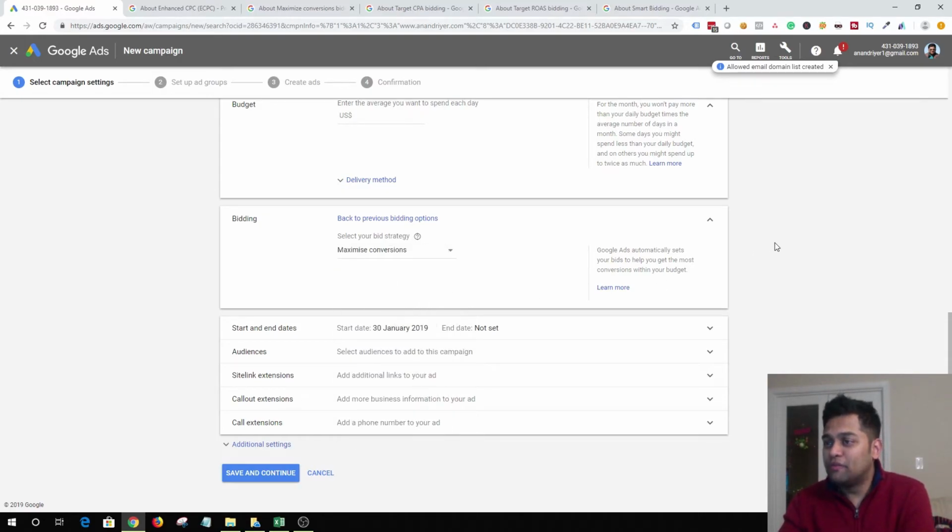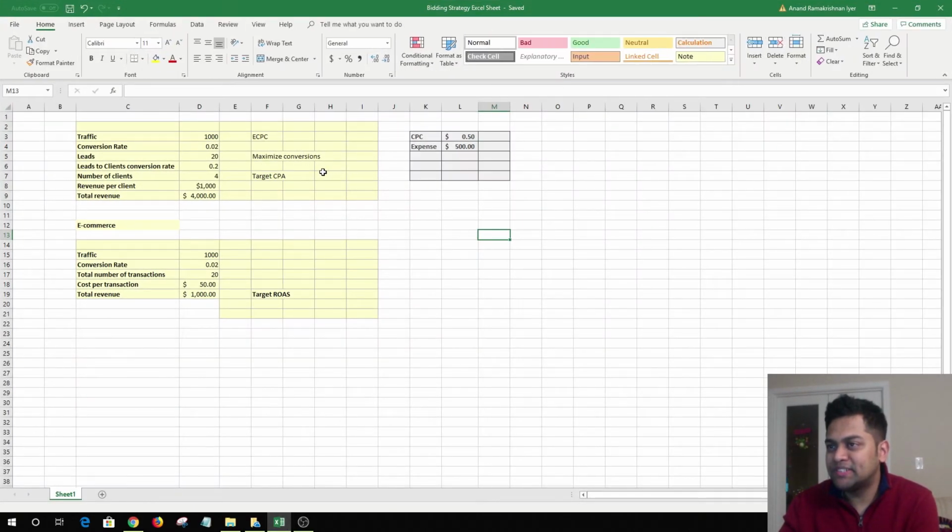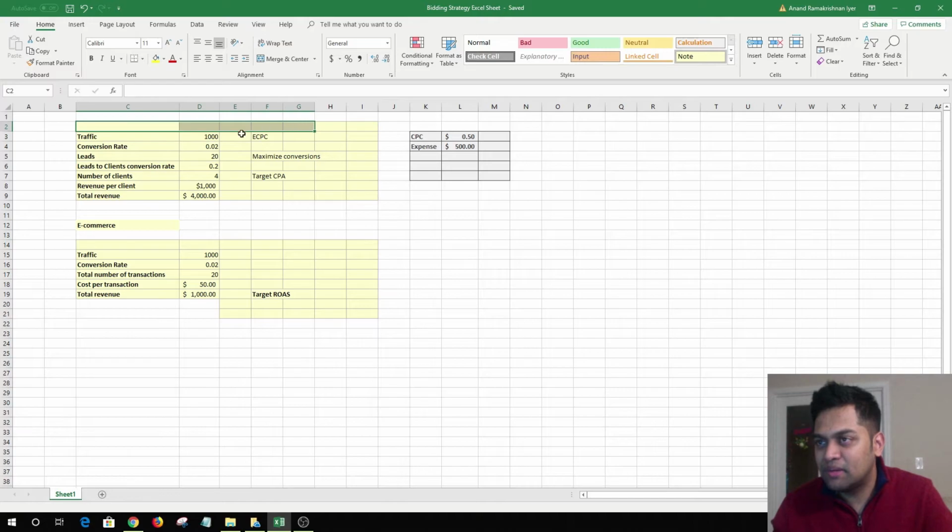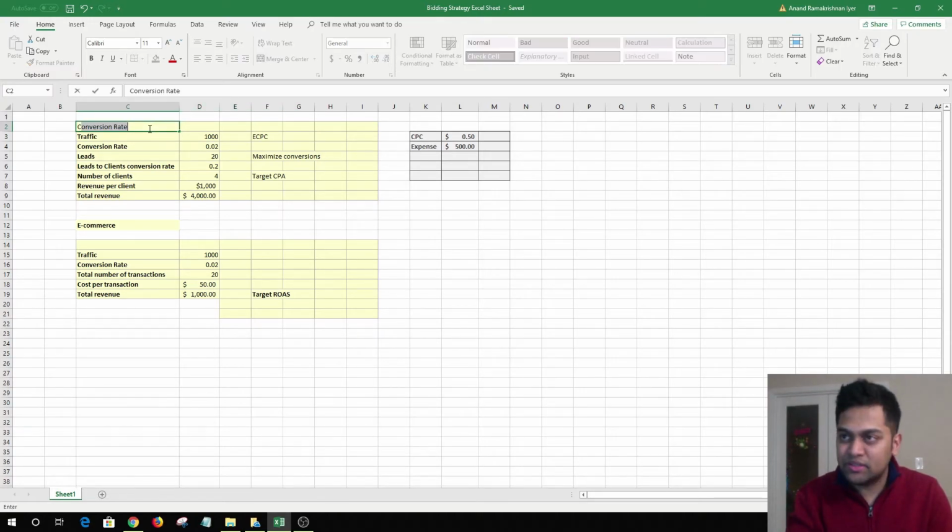All right, before we end, I have something to share. So this is just a quick Excel sheet that I can link in the description, or let me know in the comment section, I can share it with you guys. And basically you can try to calculate what should be your cost per click and what should be your bidding strategy. So I'm just taking an example. So this is an example of when you are running campaigns